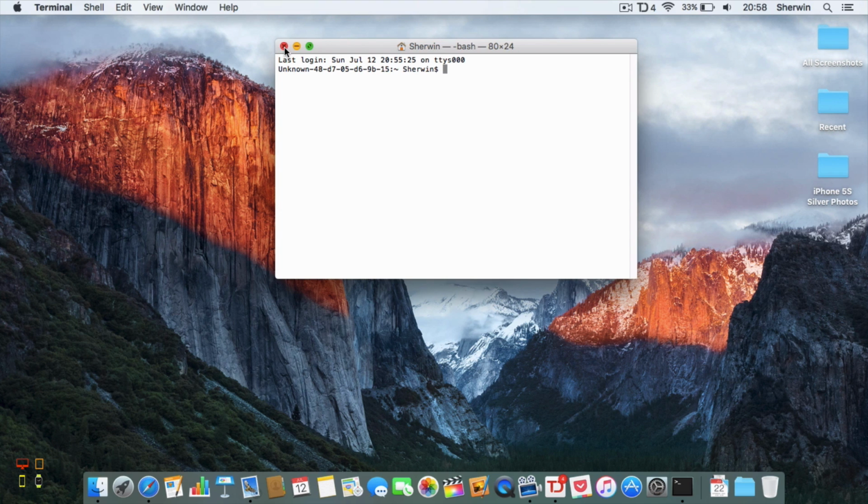I haven't used it very much. I've only used it once, actually, when I changed a dock setting, other than sort of messing around and testing out new features. But anyway, the first command I'm going to show you is how you can save your screenshots to